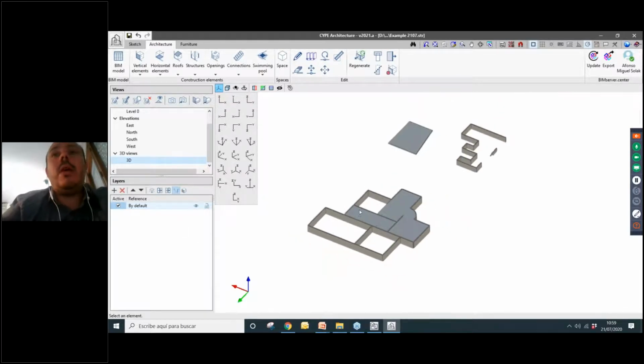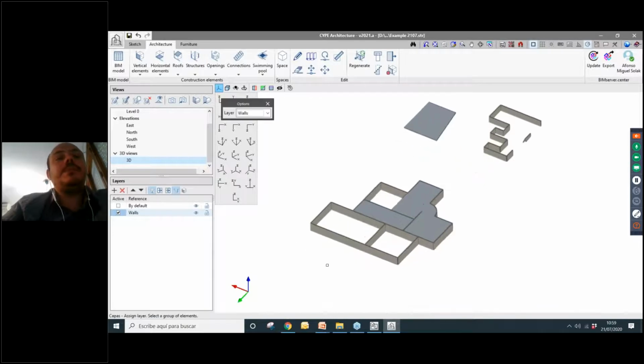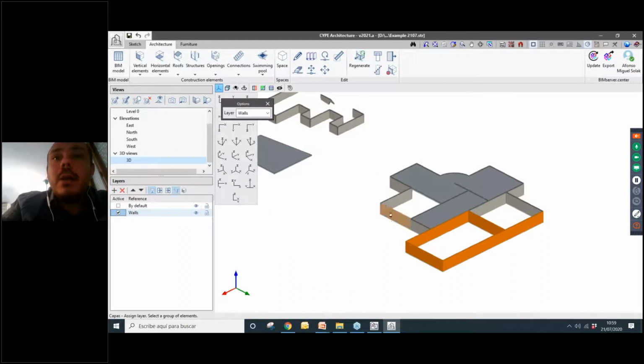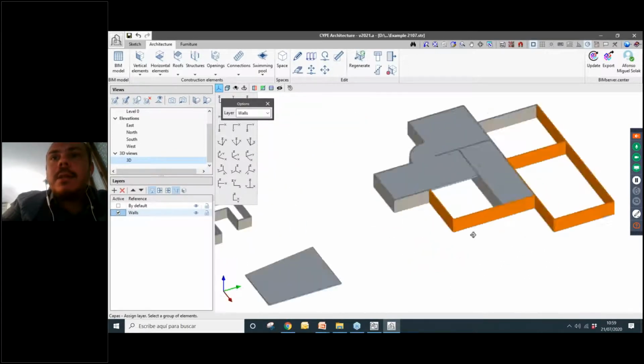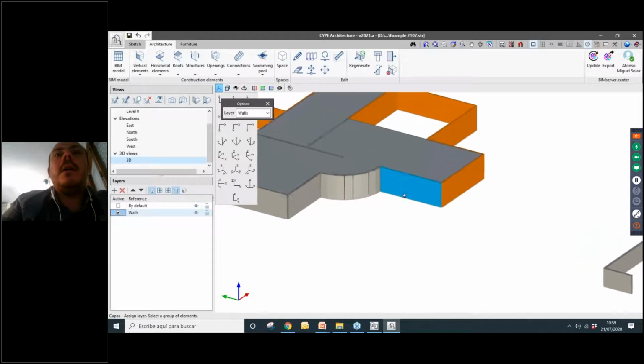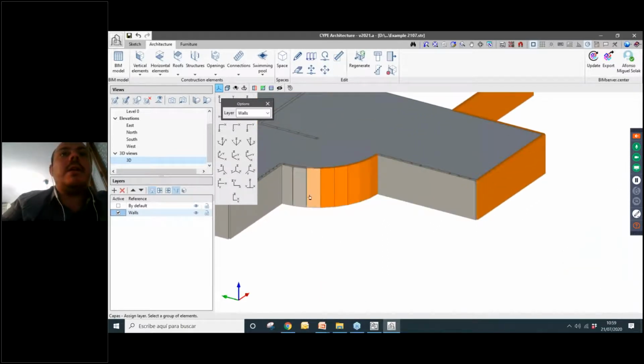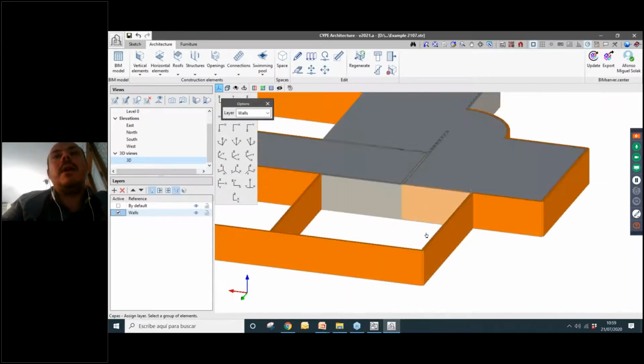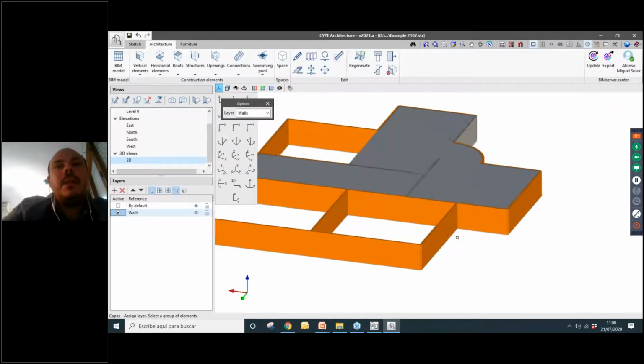For example, everything that was made before was made in this default layer, but we can create a new layer. For example, I'll create a layer that I'll call walls. I'll say that all the walls will be assigned to this layer. So I'll select this wall, this wall, this wall, all the walls that I want to include. I can select them here, and I will add them to this layer that I've just created. So this one, this one, this one, this one, and this one are selected, and just